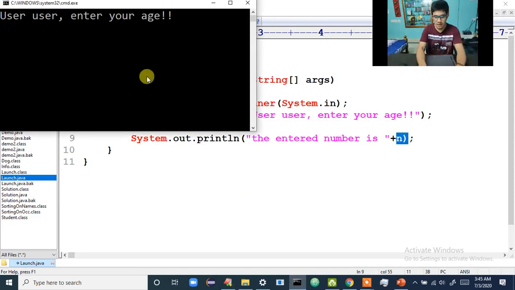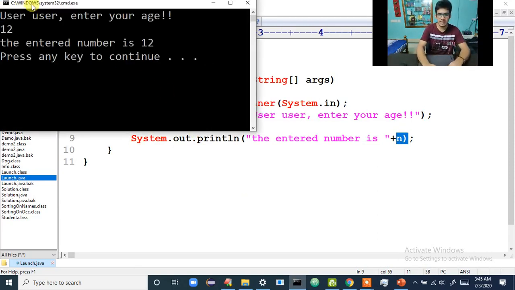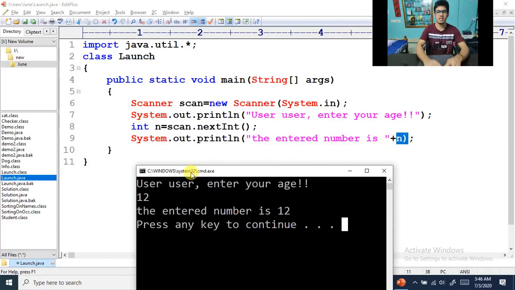So if I enter 12, okay, please take this screenshot. Yes, you can take this screenshot here. I hope you have taken this screenshot. Okay, now